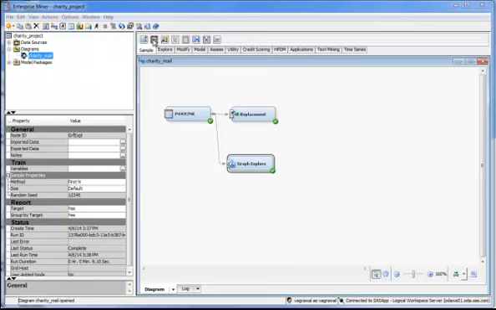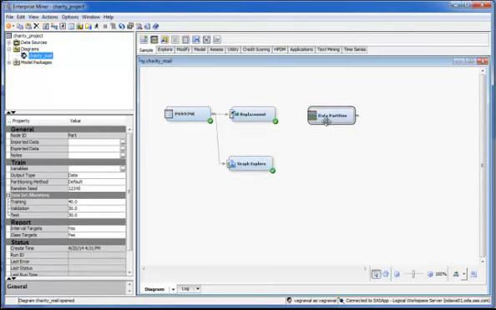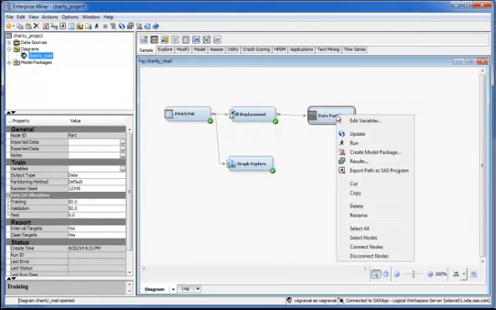I will go to the sample tab here and drag the partition node here. I will connect these two and make sure that this is highlighted. I will go here. Let's say I want to have 50% of the records in the training data set, 50% of the records in the validation data set, and I don't want any test data set. So if you run this one here,